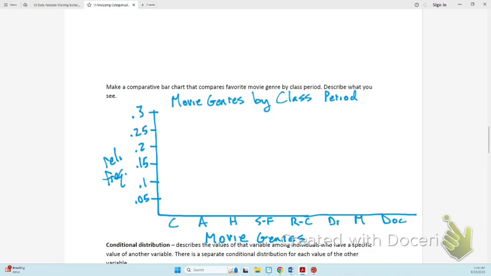All right, for this, the correct way to do it is to make the bars touch within each category. So I'll have a bar for 1st and a bar for 8th, and then there will be a gap between categories. So comedy, let me change colors, is 0.08